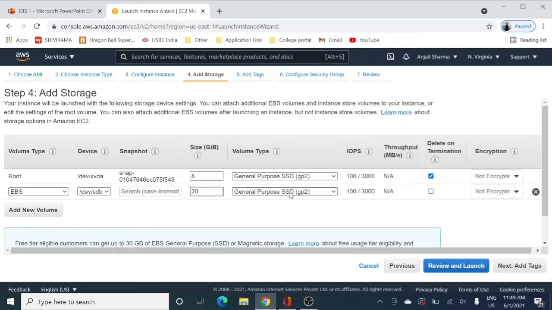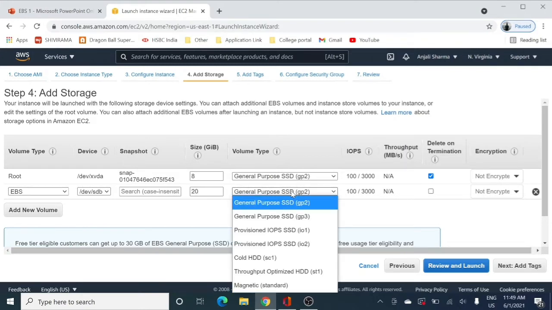If I want to change the volume type, as I was telling you, there are several types of EBS volumes that are available with us. That is general purpose, that is GP2 and GP3. We have provisioned IOPS, that is IO1 and IO2, for which multi-attach is possible now. We have cold HDD and we have throughput optimized, and the magnetic standard was used long before.